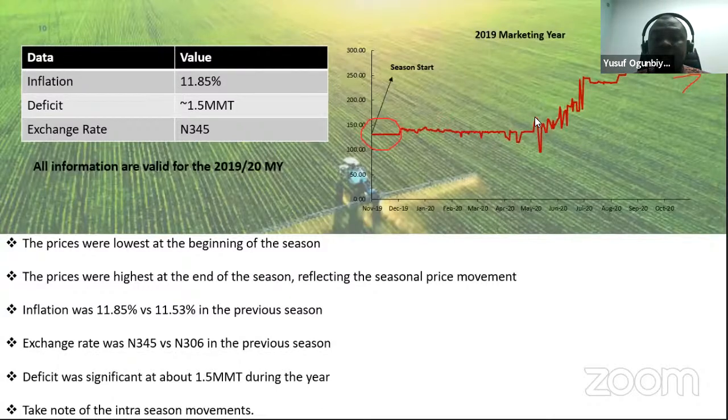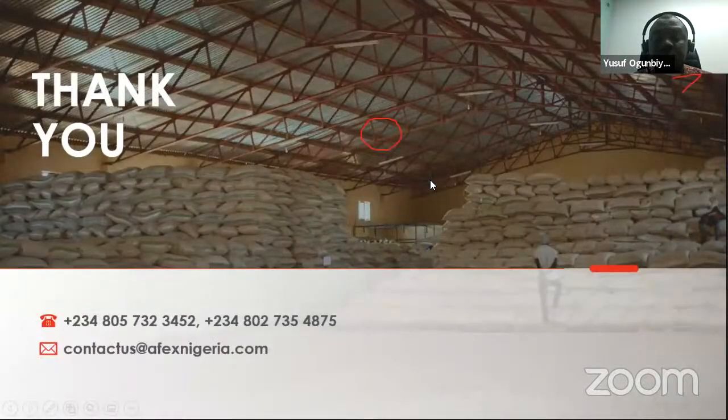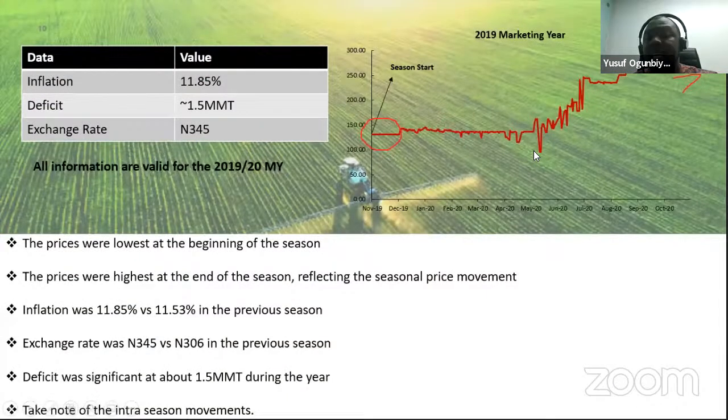So imagine if someone had come in at this point, at the top here, and then the market falls, and then the prices decline. So the person could have thought, okay, I think based on what is happening in the market now, prices will still fall further, and then the person waits until the prices are good enough before coming back into the market. All in all, what I'm trying to say is, all through the season, you still have to do your research and back up your decision with the right information.